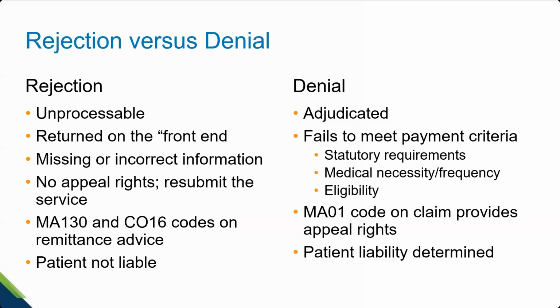Eligibility is another reason why claims deny. Sometimes the beneficiary is not eligible to receive a Medicare service on the date of service, and sometimes it's the provider that doesn't meet the eligibility rules. For denied claims, on the remittance advice, you will see an MA01 remittance advice remark code. And what this particular remark code says, and there may be others of course too, but this one, MA01, states that